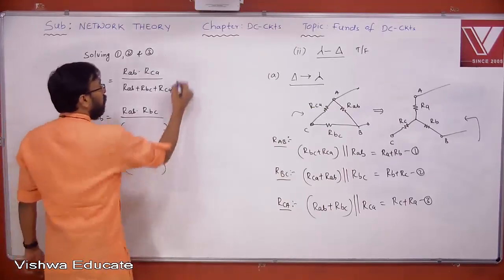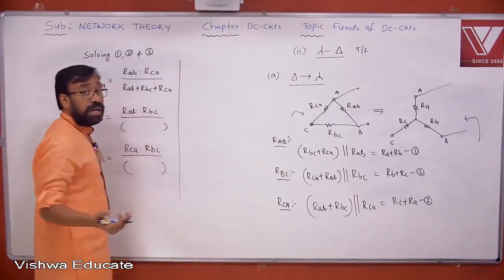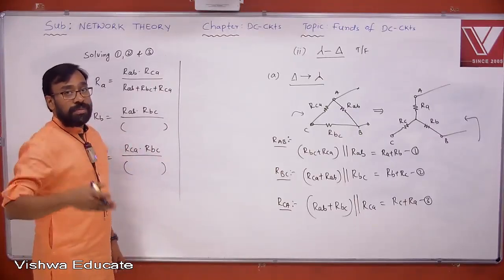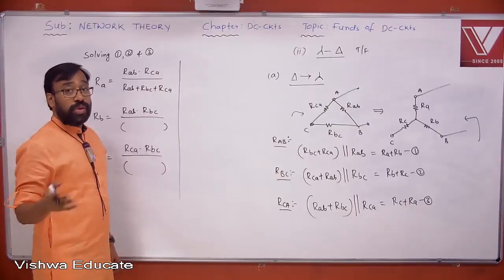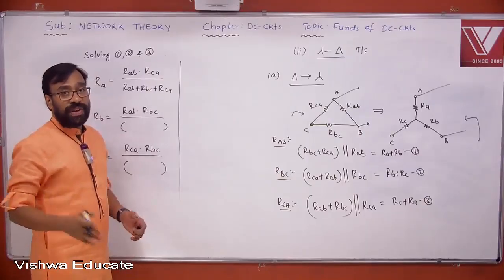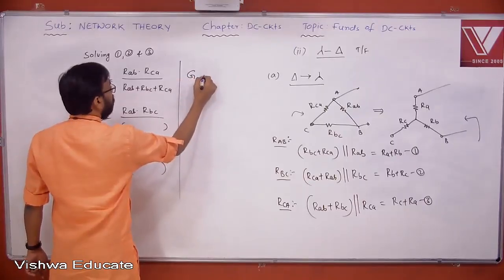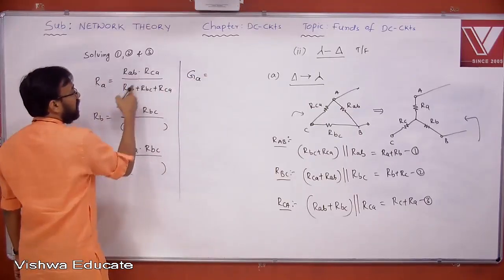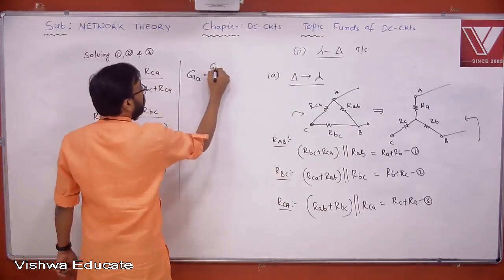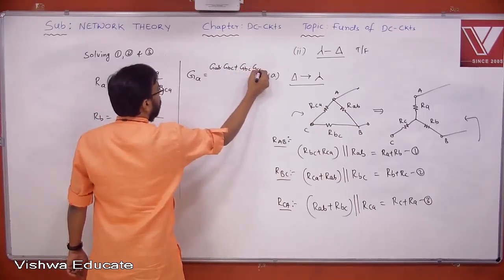You understand? Now, the same formulas can be expressed in terms of conductance, because tomorrow you may be dealing with capacitors. I told you already that resistor formulas and inductor formulas are the same. Conductance formulas and capacitor formulas are the same. They look the same. So, in the reduction of networks, whether it is a star delta transformation or series parallel combination, you have flexibility if you know the formulas in terms of conductance. Now, GA will become 1 by GA, 1 by GAB, 1 by GCA and so on, and simplify that. After simplifying, GA will become GAB into GBC plus GBC into GCA plus GCA into GAB,